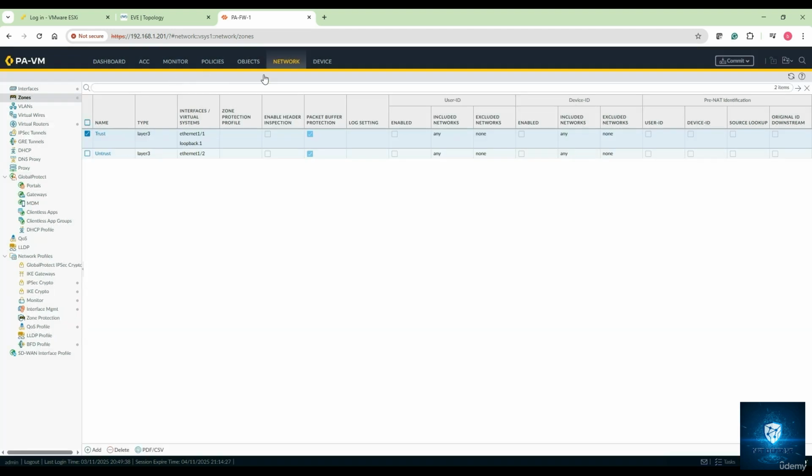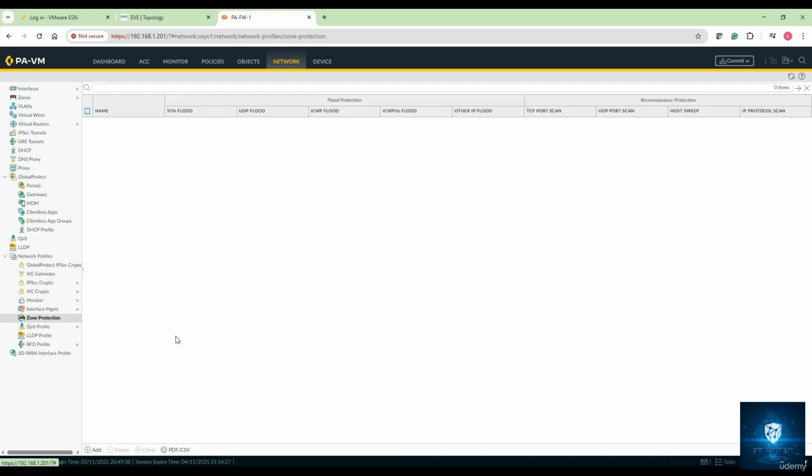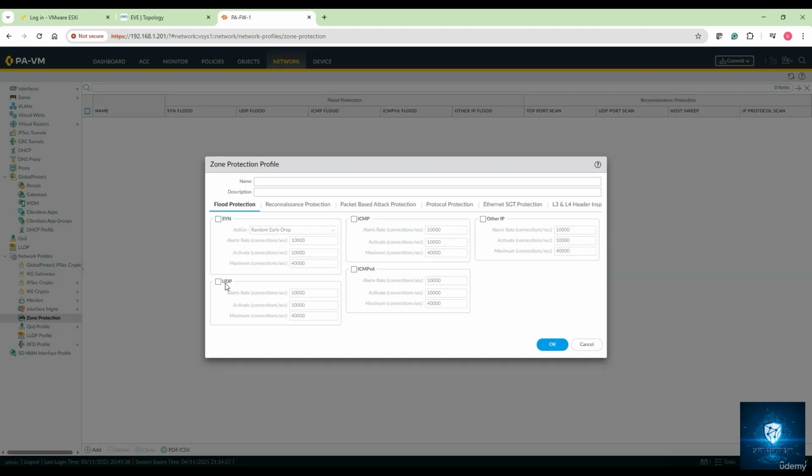can do is you can select Network, and under the parameters of this network, you can find there is a zone protection under network profiles right here. So expand the network profiles and you find zone protection over here. By default, there is no zone protection profile which is created, so you can click on Add and let us say my zone protection profile 1. Okay, give a name and description of your choice,